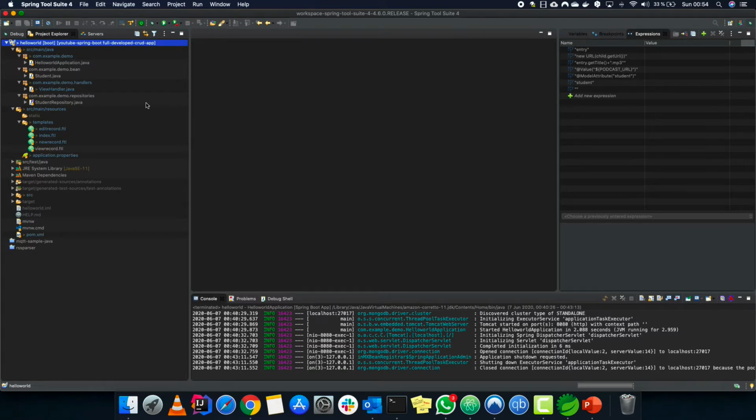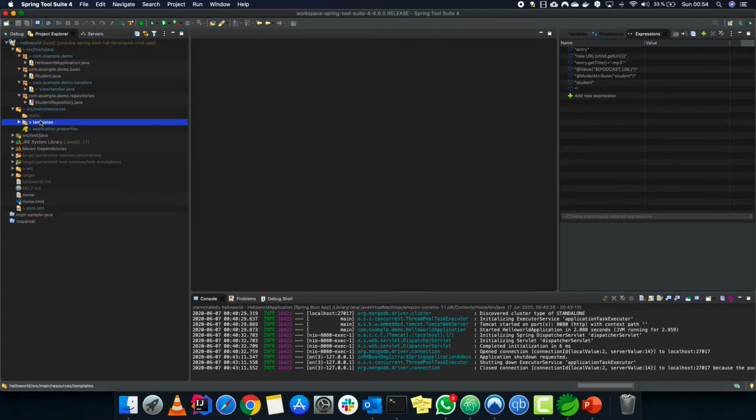So there should be resources. There it is. The resources are there, and there it is: our application, our bean, our handler, our repository, and everything. So let's go one by one. What we need is a class, a bean, a POJO class that we'll be using for our records. For now we are going to create a simple bean, which is this one.